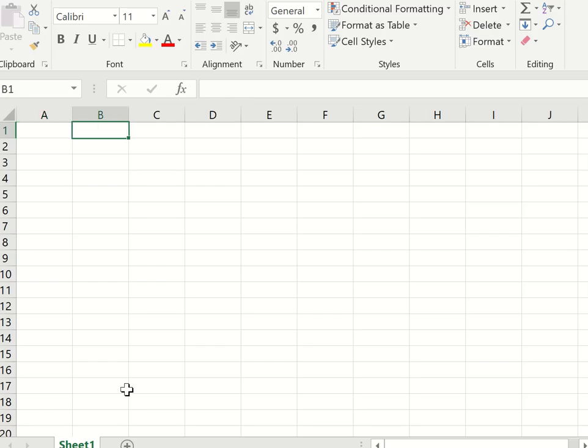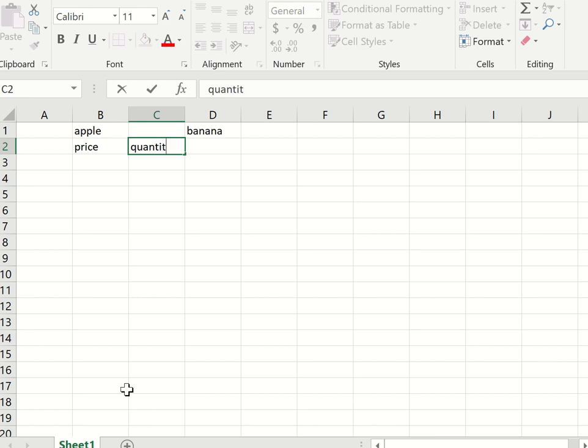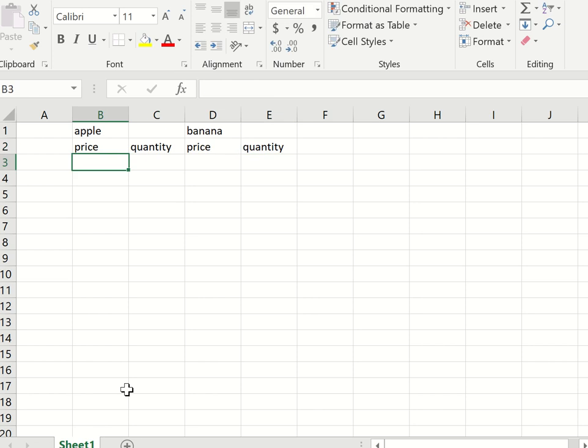Let's suppose our economy produces only 2 goods, only apple and banana. You know the price of each apple and the quantity of how many we produce. So price of banana, quantity for banana. I'm gonna do it for 3 years, so 2015,